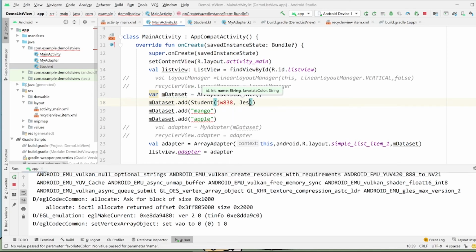What's my name? My name is Jessie, and wait, actually ID has to be int. And my favorite color is purple.